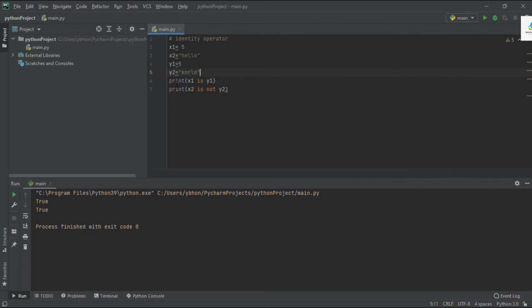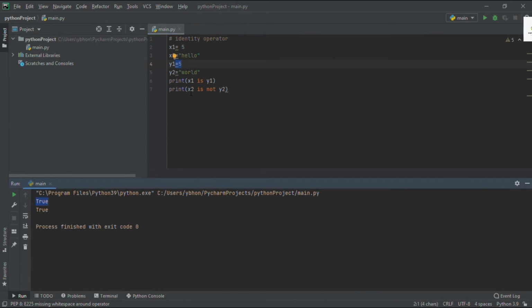In the second statement, I am printing x1 is y1. It will check whether the values of x1 and y1 are equal. Since both x1 and y1 are the same, the output is true.